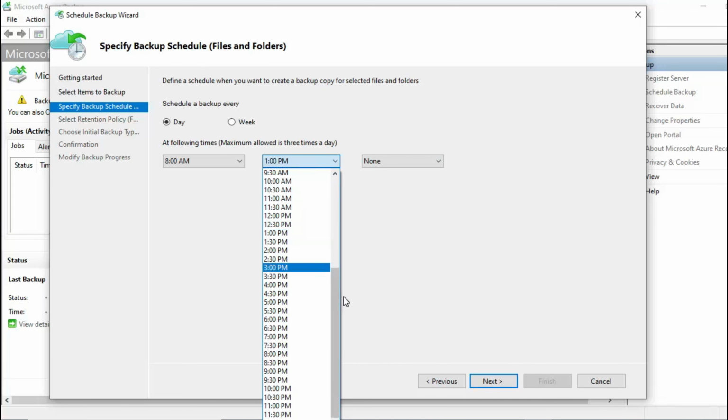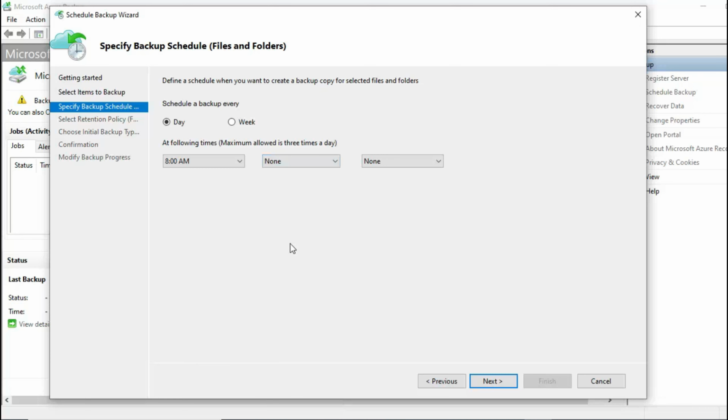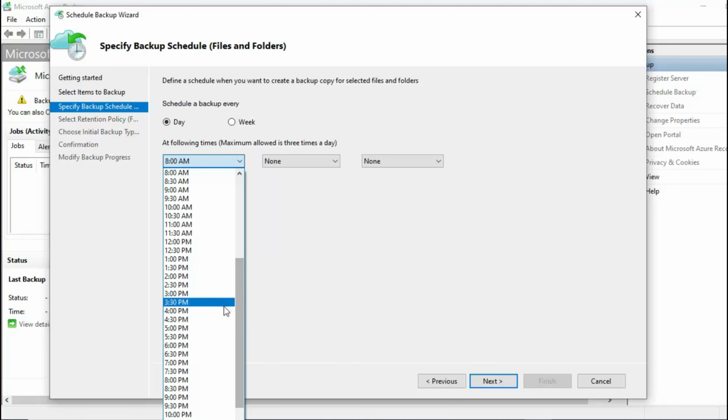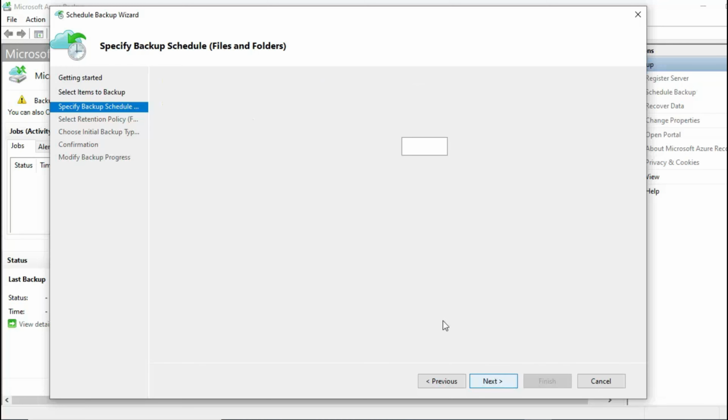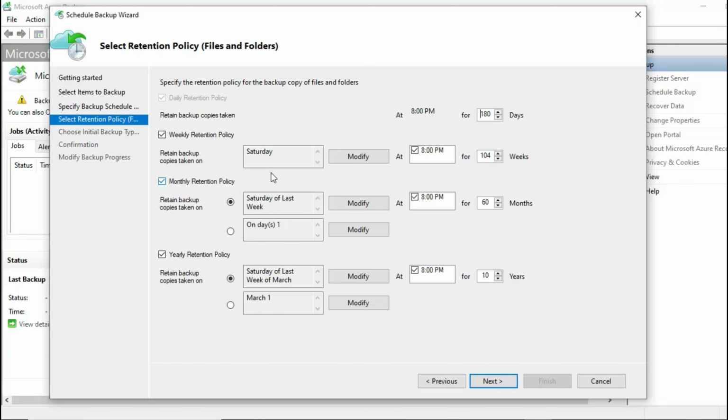Or if you don't want this also, remove this. You can have only one time, maybe 8 p.m. in the evening every day if you want. Say next. And now, what are the daily retention recovery points that you require, and weekly, and then monthly